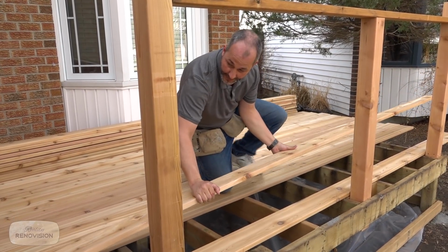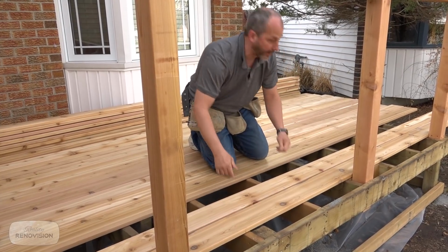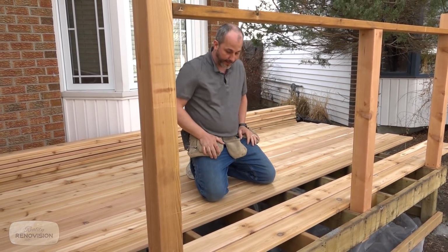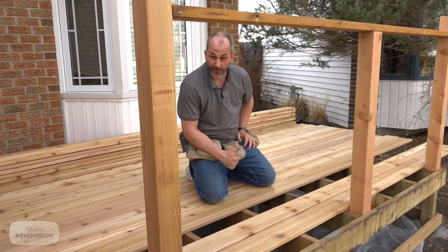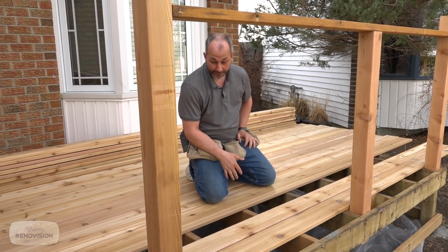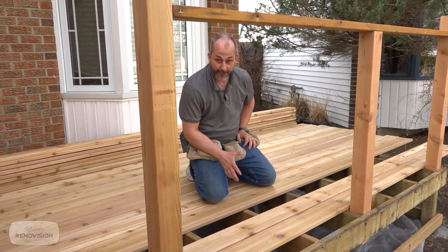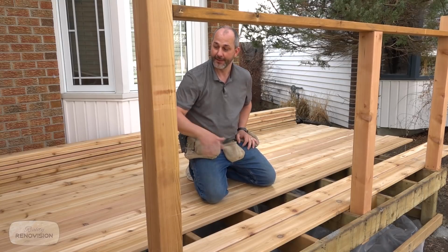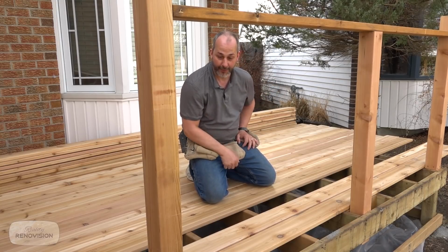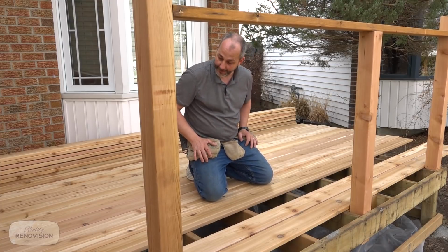Now this is the advantage of getting boards longer than you're gonna use. Now there's a lot of people out there have this misconception that cedar only comes in 16-foot lengths. That's not true. I can get it up to 20 feet. We have a couple of locations in town that have great relationships with mills and get me 20-foot cedar boards, so I can do an 18, 19-foot deck and still just install all my splits and cut them off when I'm done. And that's worth its weight in gold,